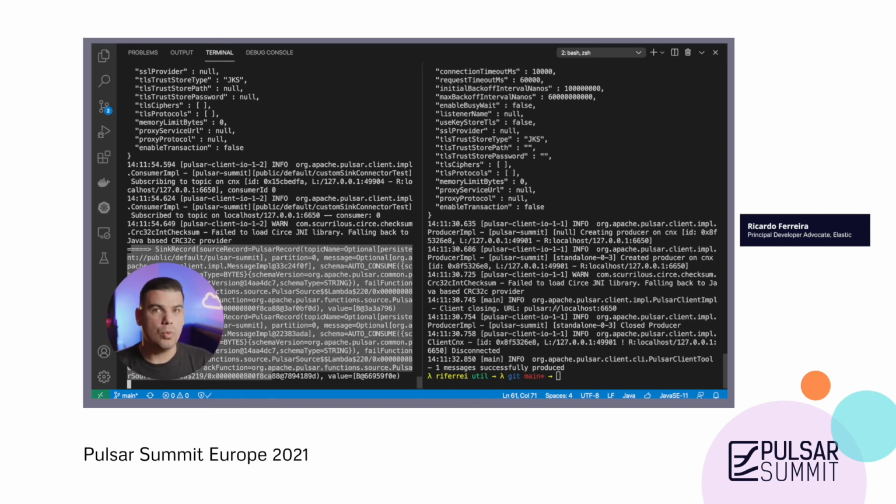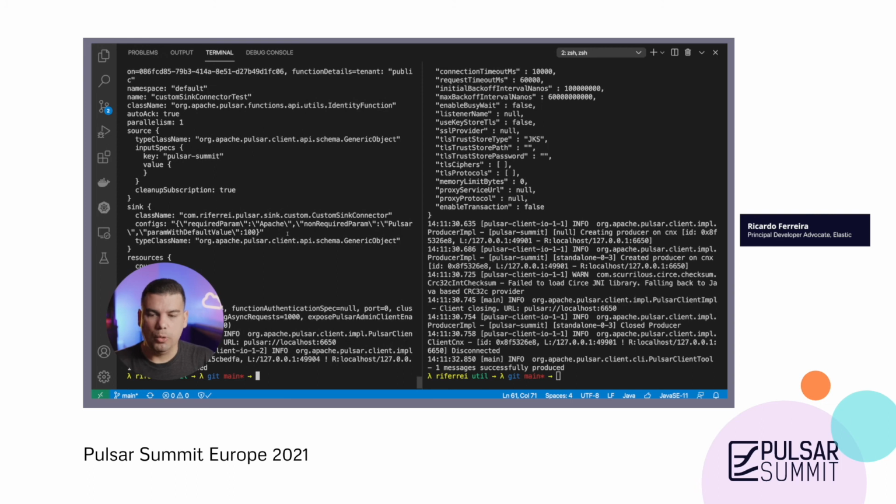And you know what might happen, right? If you retry, you might end up with duplicates in your target systems, and that affects consistency. So you have to think very carefully about how you are going to handle the delivery semantics of your connector. But the connector itself is working as expected. So what I'm going to do now is show you how to actually deploy this connector.